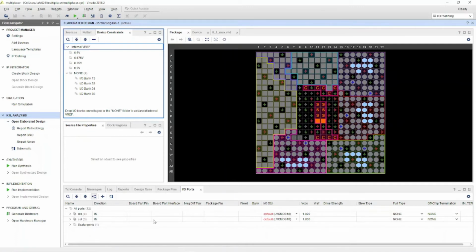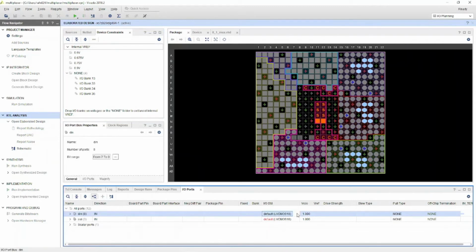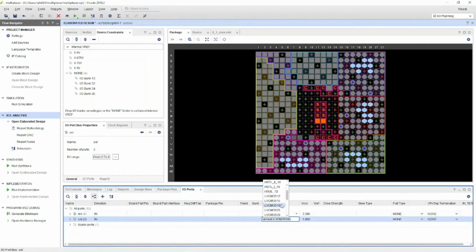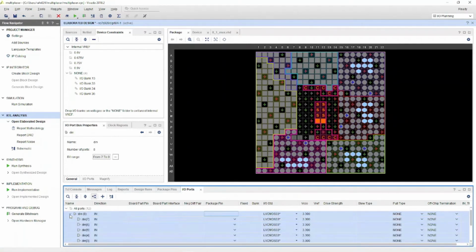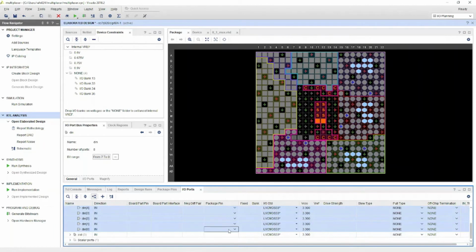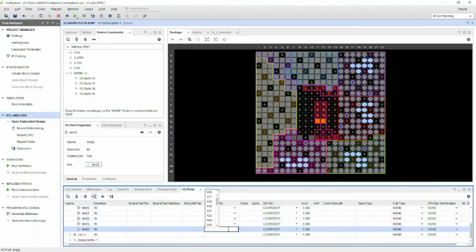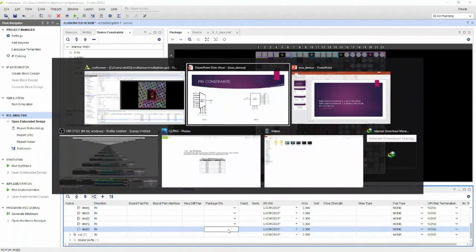So first thing you need to do is to assign the voltages of D in and select line as 3.3 volt. Okay, because that will supply a greater drive current, so that your switches, DIP switches and push buttons work. So this is the thing I have assigned. Okay, next is to define the package pin. For defining the package pin, you have to expand this and map all the pins. I have already done it in the PPT, so I will just refer to that.